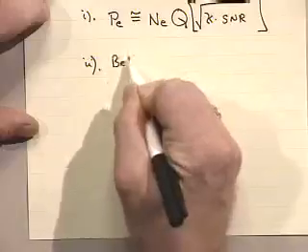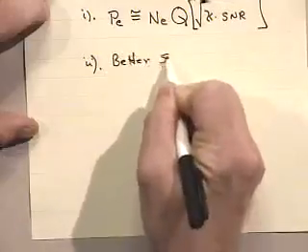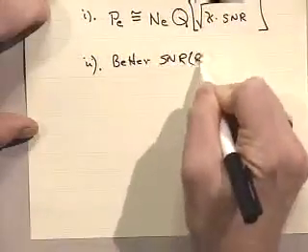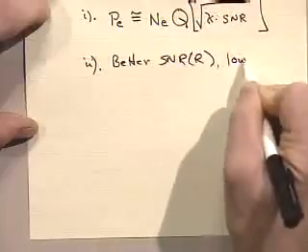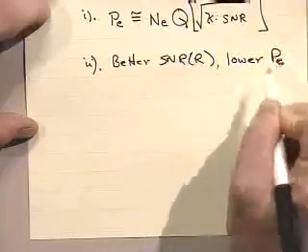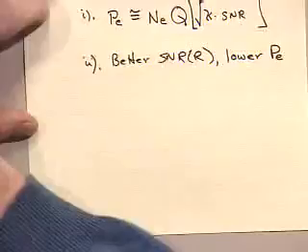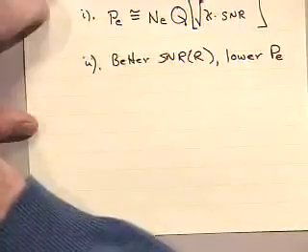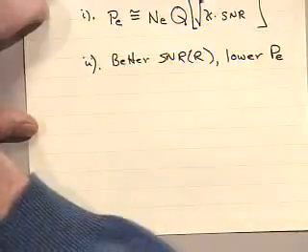So better SNR, lower PE. Whether or not the SNR is dominated by residual intersymbol interference or noise or some even